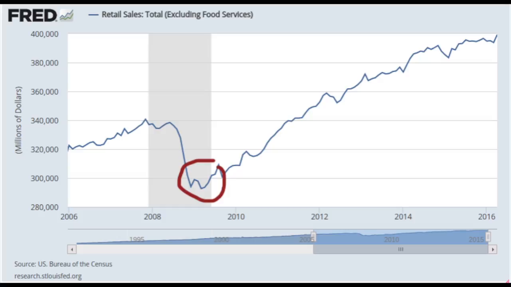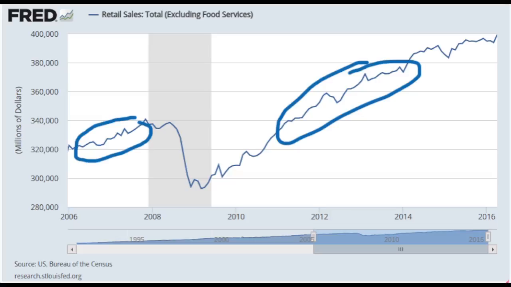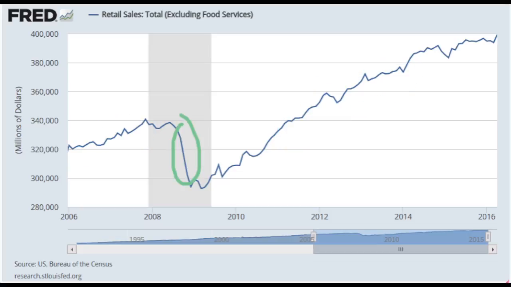The expansion phase is when the economy is rising or improving. In this graph, there are two expansions where their sales are rising, right before they hit their peak or the highest value. A contraction in this case is when the sales are decreasing, and that happens around 2008 and 2009, where it was reaching its lowest point. Lastly, the peak. The peak is the highest value in the business cycle, and that is in 2016, where it has reached approximately $400,000.